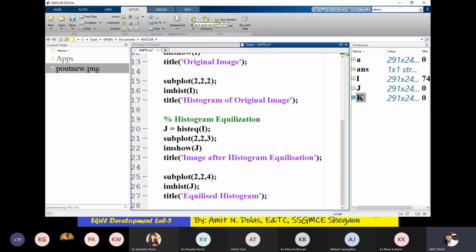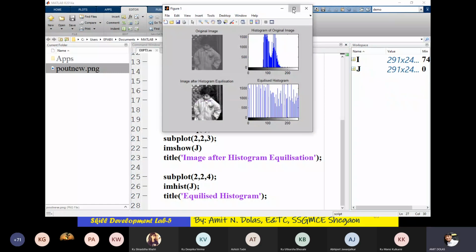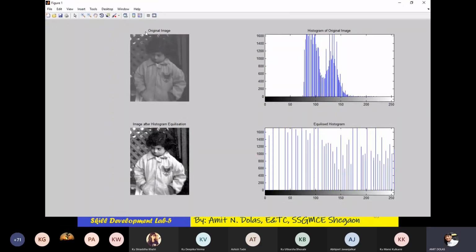So I'll run this. Yeah, you can see now there is the original image. The very first image is the original image, this one, and the second image is its histogram, with the title here.